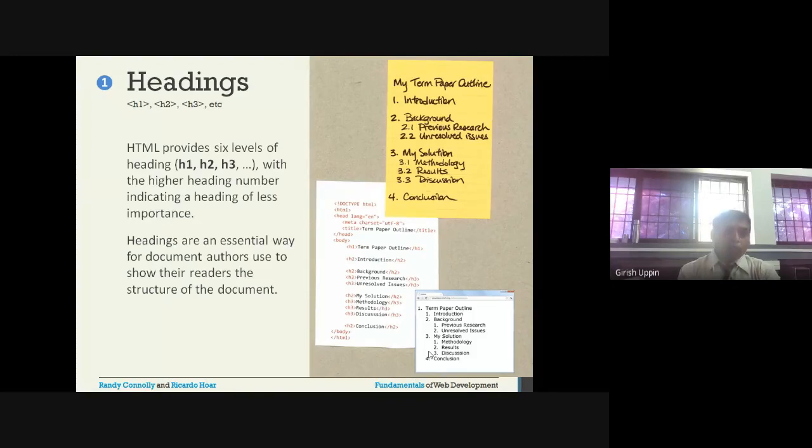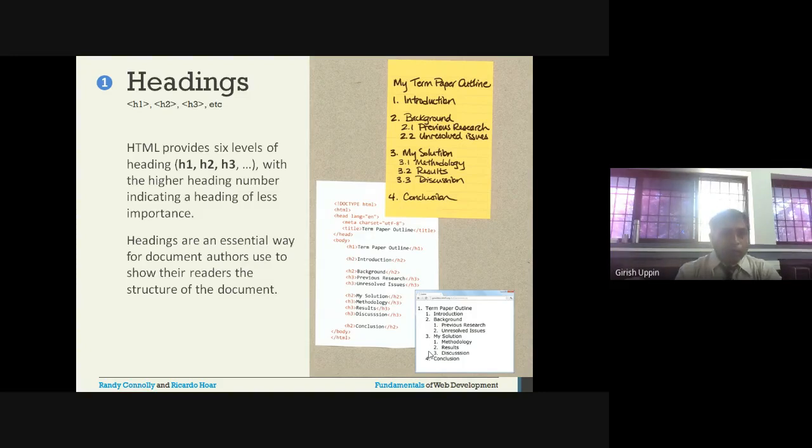We should be worried more about this being the first level header, this the second level, these the third level headers. The look or the format aspect can be taken care of by CSS. So as a structure, we want H1 for first level headings, second level headings, third level, and so on. That is the way we should use the heading HTML tags in an HTML document.